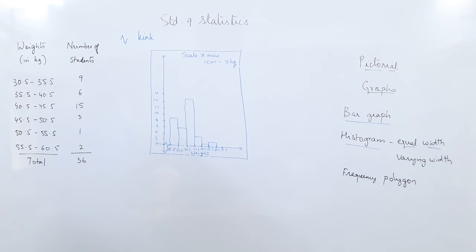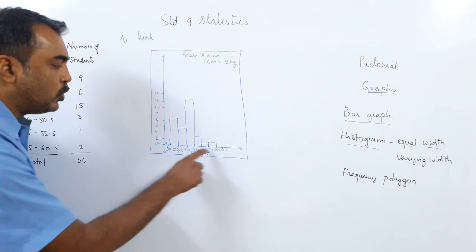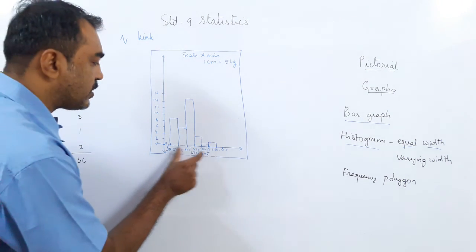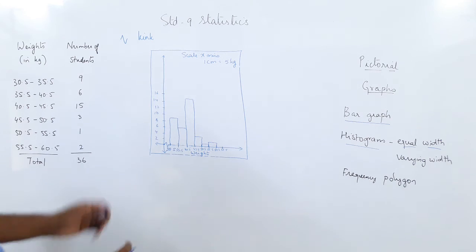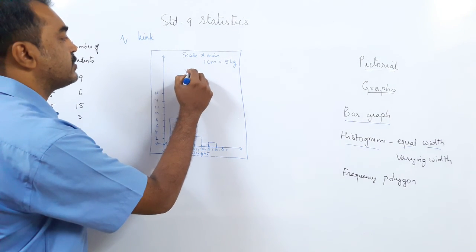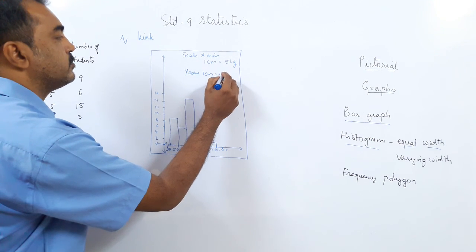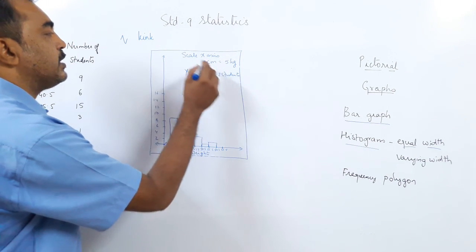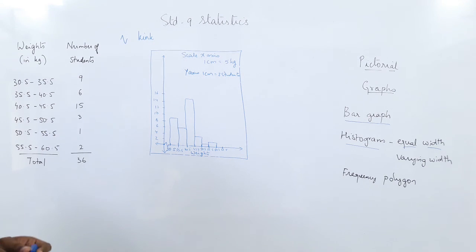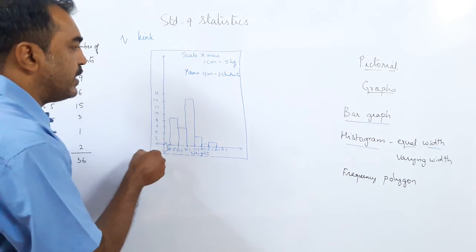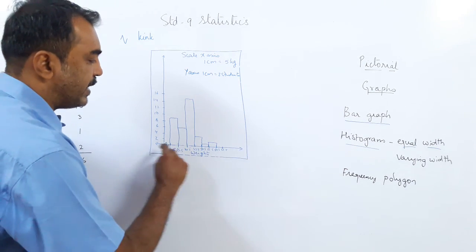So this is a histogram. Now if you compare with the previous video, what is the difference between a histogram and a bar graph? The bar graph had non-numeric data or discontinuous data. Histogram has continuous data. So what is the scale we put here? We forgot to mention the scale on the y-axis. The y-axis is 1 centimeter is 2 students. So the scale has to be mentioned. If you do not mention the scale, you will lose half a mark. In the bar graph, you have to show the scale of the y-axis, but on a histogram, you have to show the x-axis.